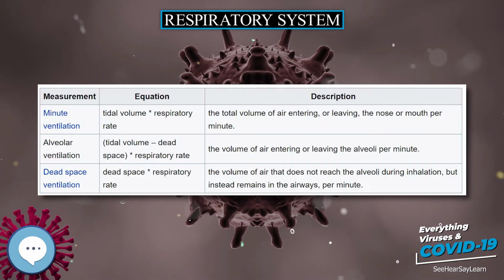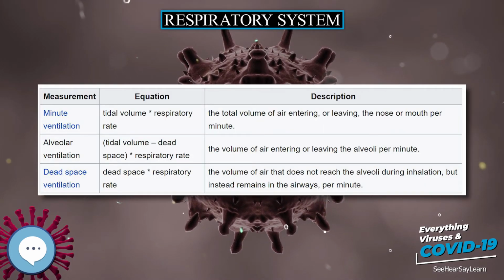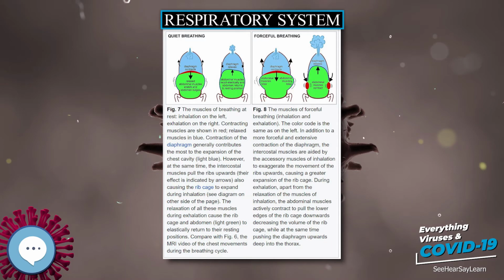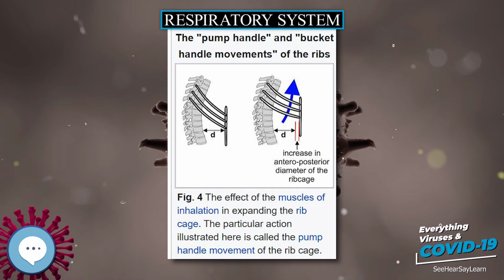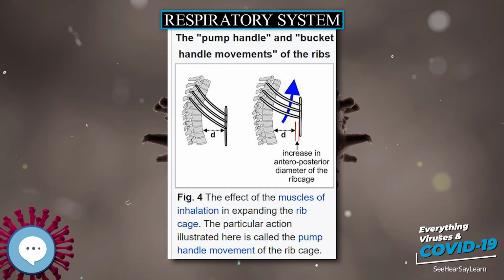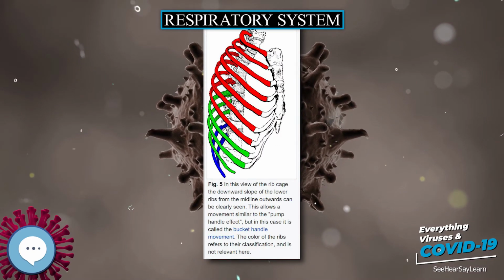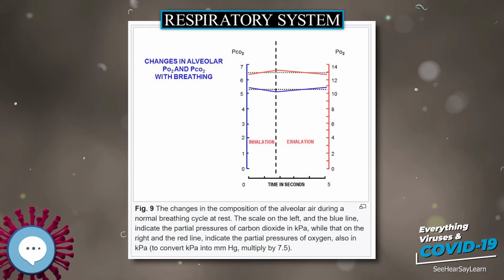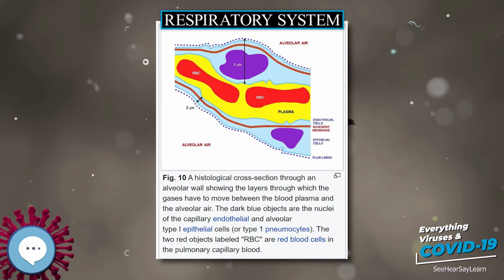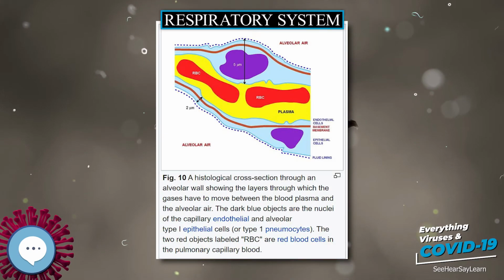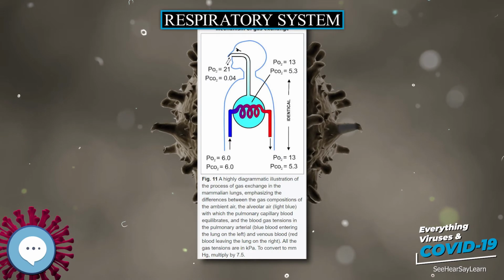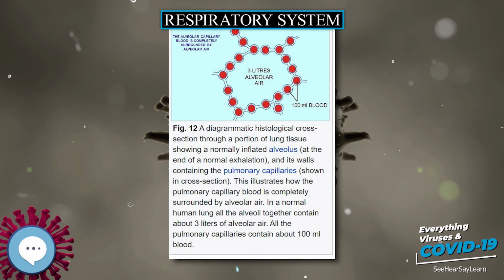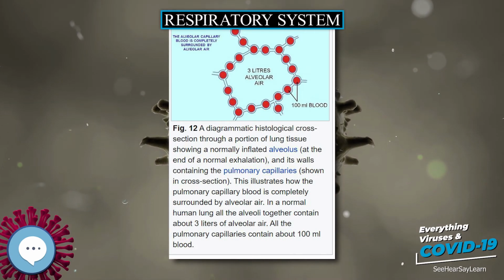At sea level, under normal circumstances, the breathing rate and depth is determined primarily by the arterial partial pressure of carbon dioxide rather than by the arterial partial pressure of oxygen, which is allowed to vary within a fairly wide range before the respiratory centers in the medulla oblongata and pons respond to it to change the rate and depth of breathing. Exercise increases the breathing rate due to the extra carbon dioxide produced by the enhanced metabolism of the exercising muscles. In addition, passive movements of the limbs also reflexively produce an increase in the breathing rate. Information received from stretch receptors in the lungs limits tidal volume, the depth of inhalation and exhalation.